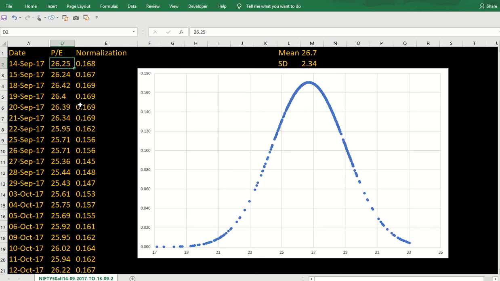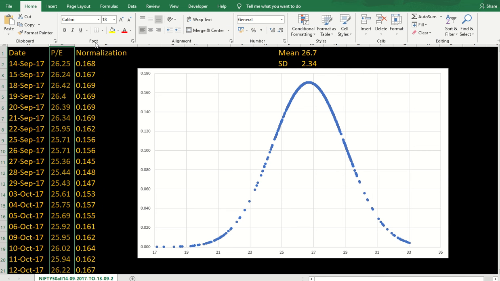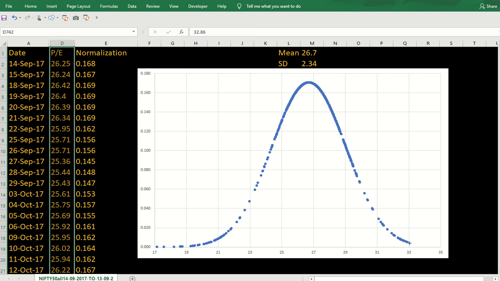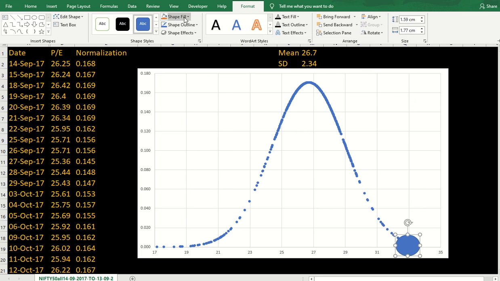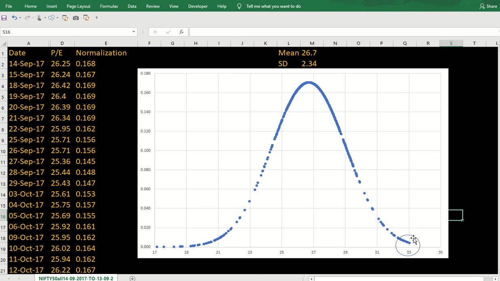As of today, in September 2020, the PE ratio is at almost 33, which is lying at the most extreme rightmost side, and one can infer that as of today the market participants are pretty optimistic about the future of the index stocks. So stay tuned for similar videos where we will cover basics